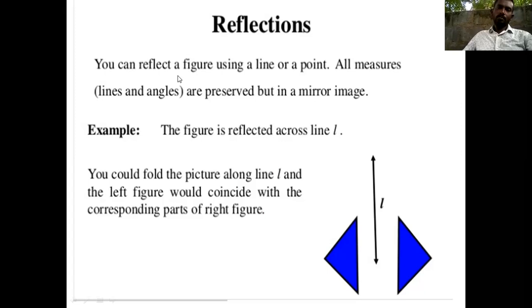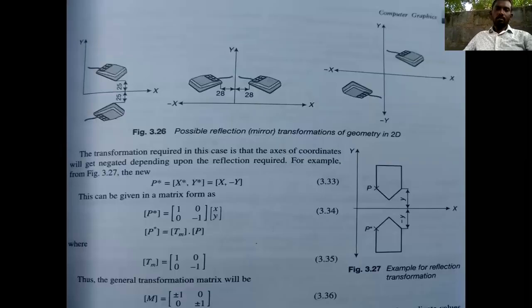So see here, the mathematical formulation of reflection. How can you find the transformation of reflection? It is a graphical figure with x and y. P is the initial object, with the x direction and the y direction. When we reflect this whole object, it reflects in this direction, and the final object is reflected like this.